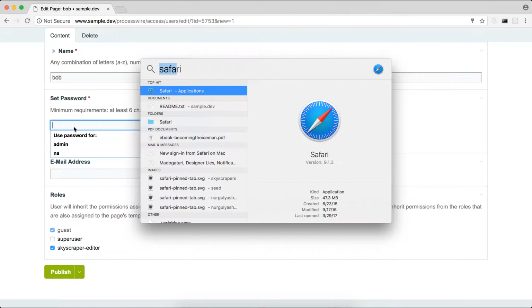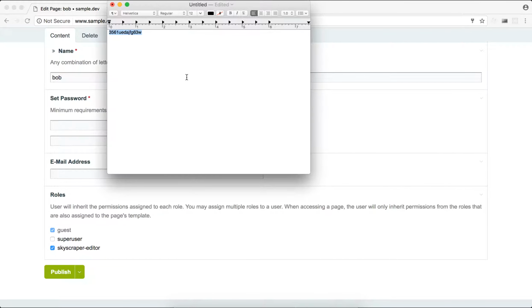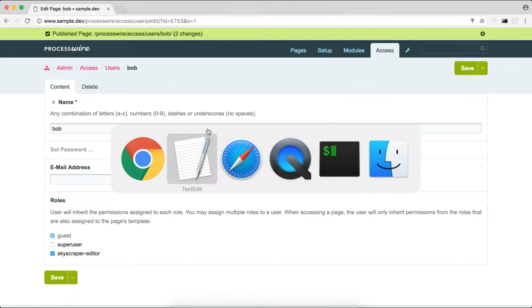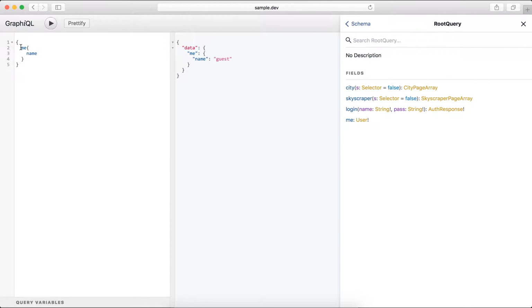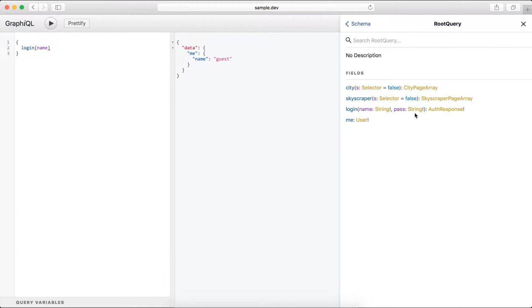Need some password. Let's, here we have a password. I'm gonna publish this user. Now I'm gonna log in as Bob here. So here how we can log in, name, password,